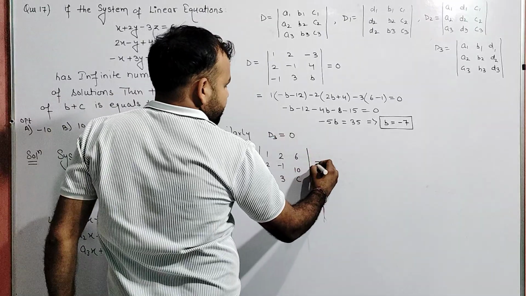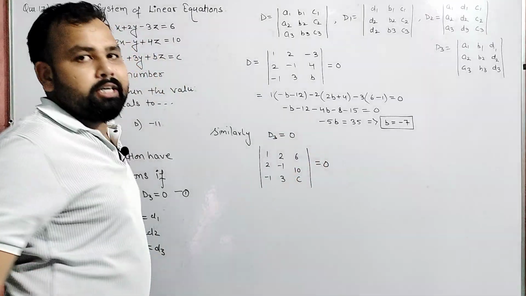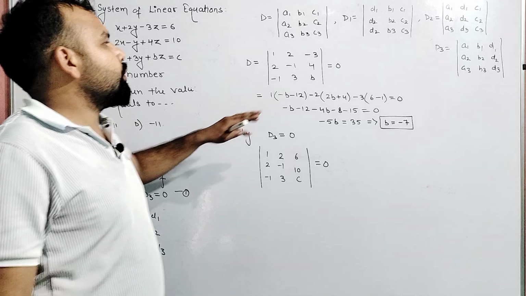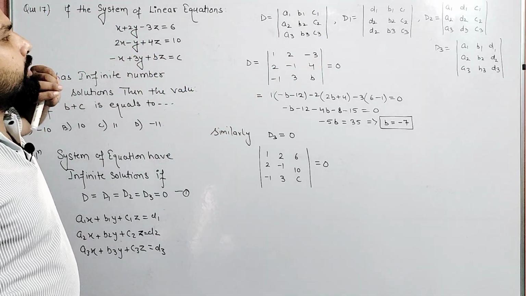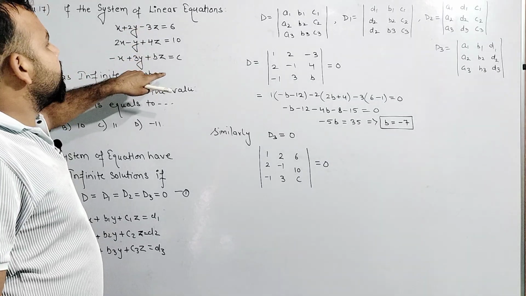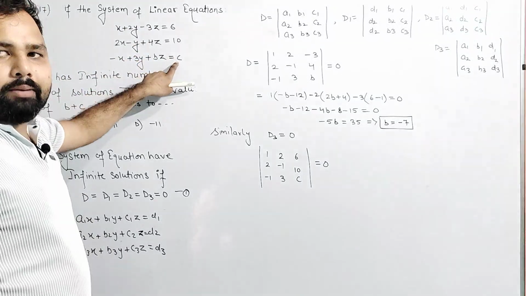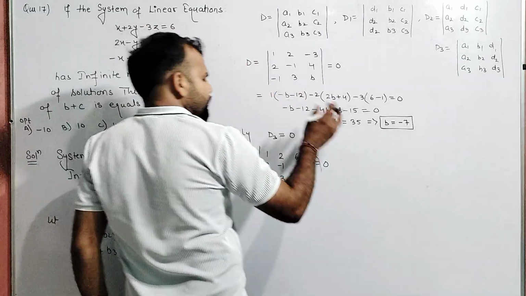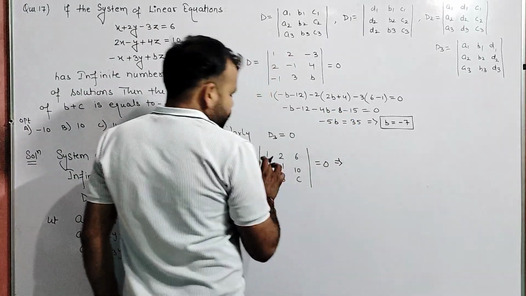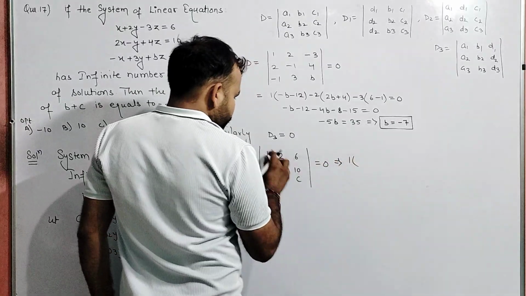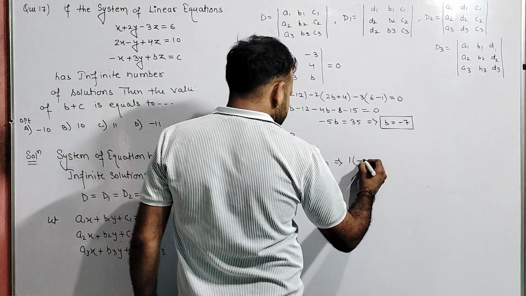In that determinant, you can see there is a constant 1. But if you are going to calculate d1, I think two constants are present. In case of c, both b and c constants are present. We can replace the value, but no doubt we are going to calculate d3, which is equal to 0. So student, 1 into this and this, minus c minus 30,